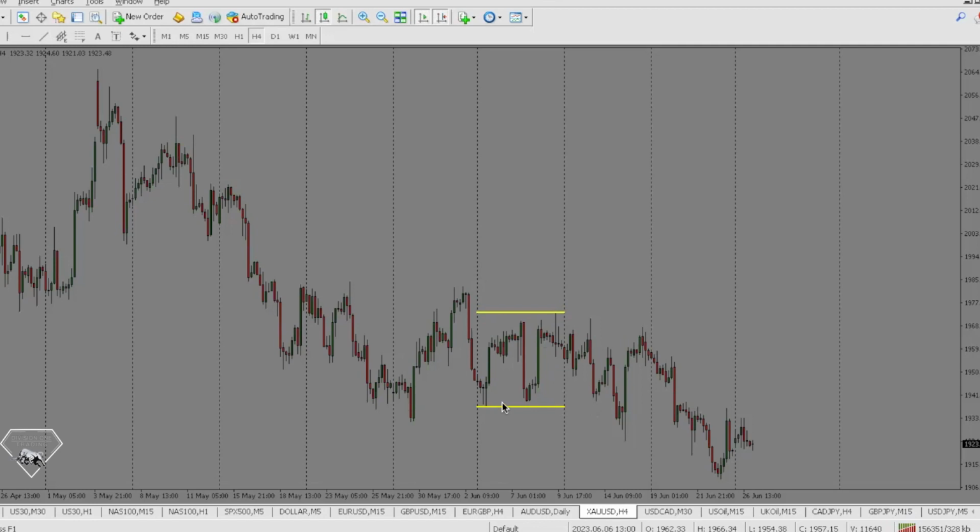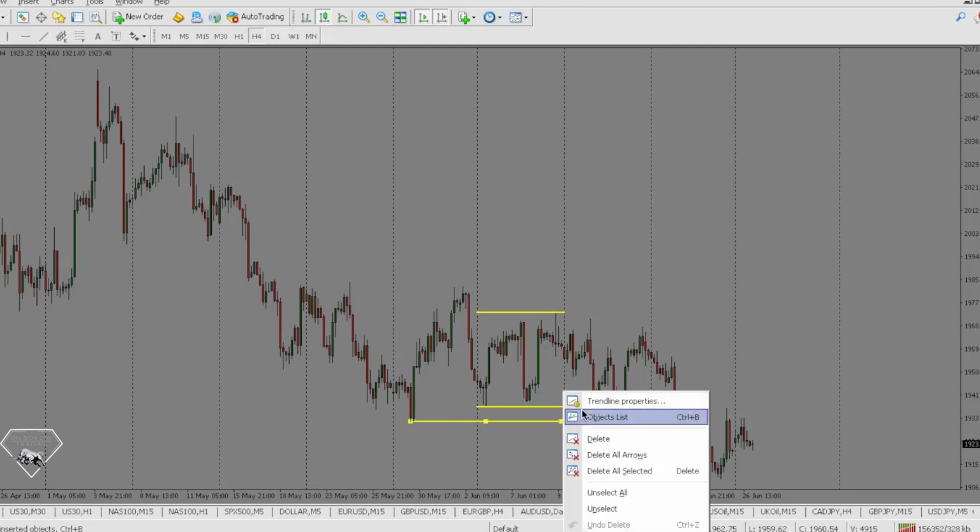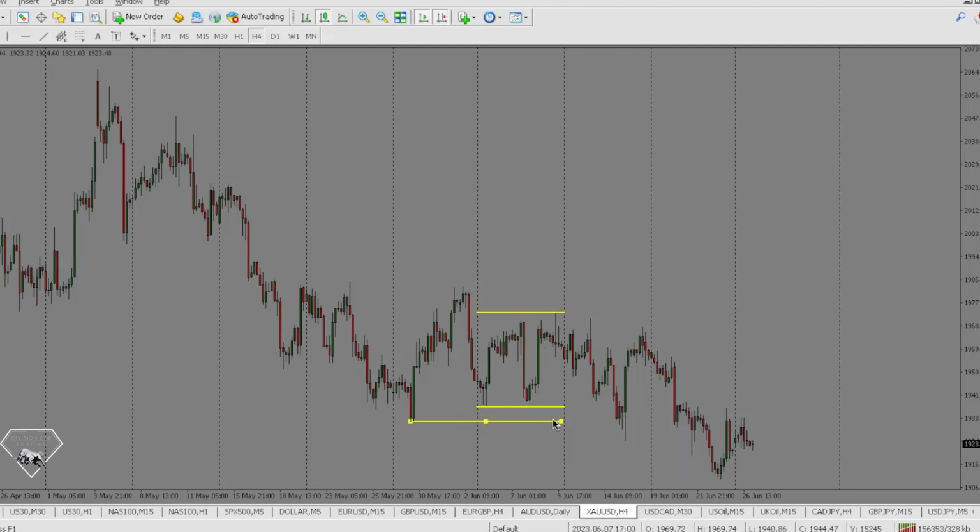You have an inside week because it does not go outside of these parameters. We're on the 4 hour chart, so each week is one of these dividers now. Sorry, let me change this. So